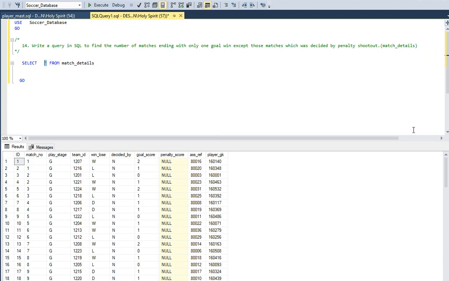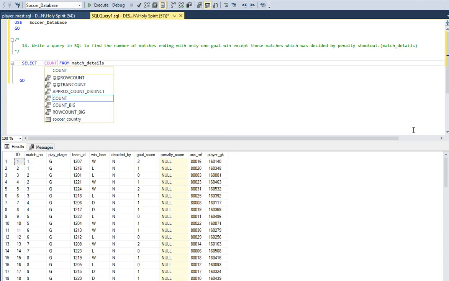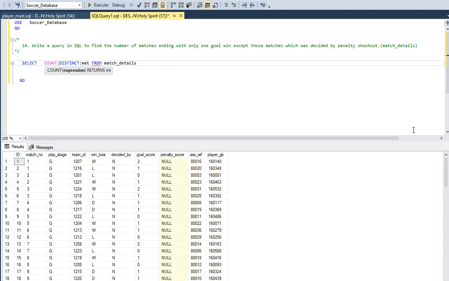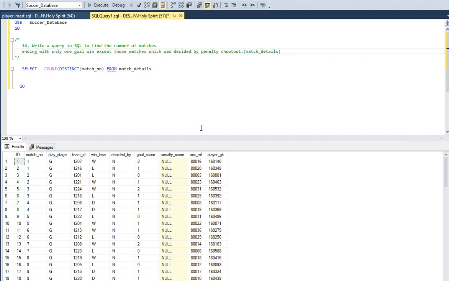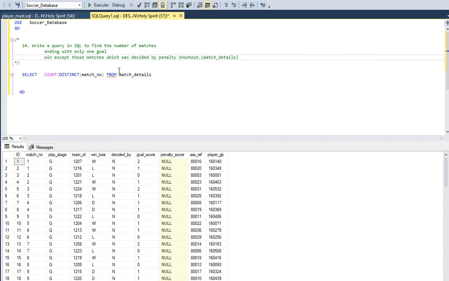Again, we are going to do count distinct match number. Yeah, matches ending with, okay, here are the conditions, ending with 1 goal, and it has to be win by 1 goal. Goal score,